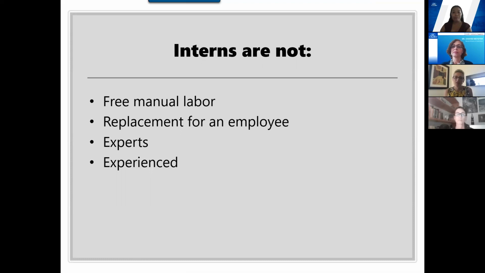And keep in mind also that interns are not experts, and sometimes they're not very experienced in some of the skills that you're asking them to do based on the fact that this is somewhat new to them. However, they are coming in with all sorts of new skills like social media, marketing, that you may not know about. So having a conversation with that intern to find out what their experience is and what they are experts in, and really talking to them is super helpful.